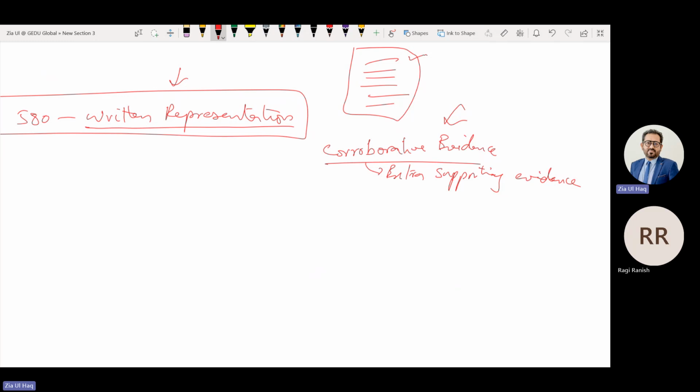In that case, scope limitation, we will qualify the audit report. Only corroborative, no written representation, scope limitation. Only representation, no corroborative evidence, scope limitation. Both are there, but not consistent with each other, scope limitation. If both are similar, then we will be able to express an opinion.